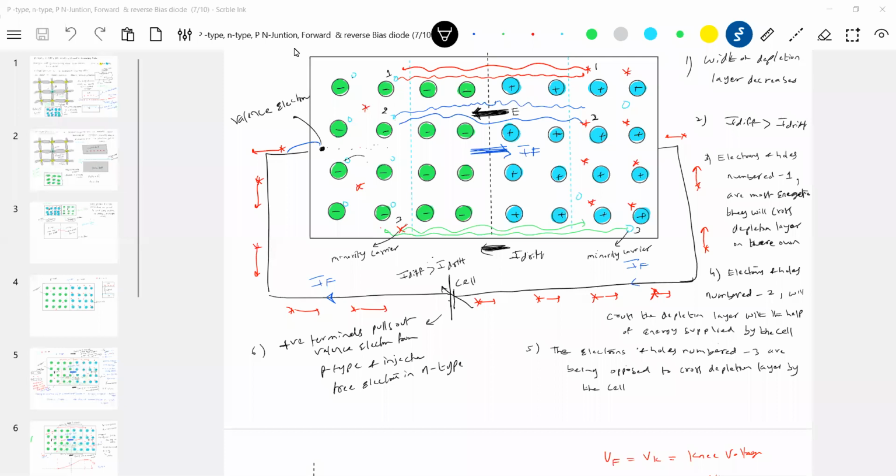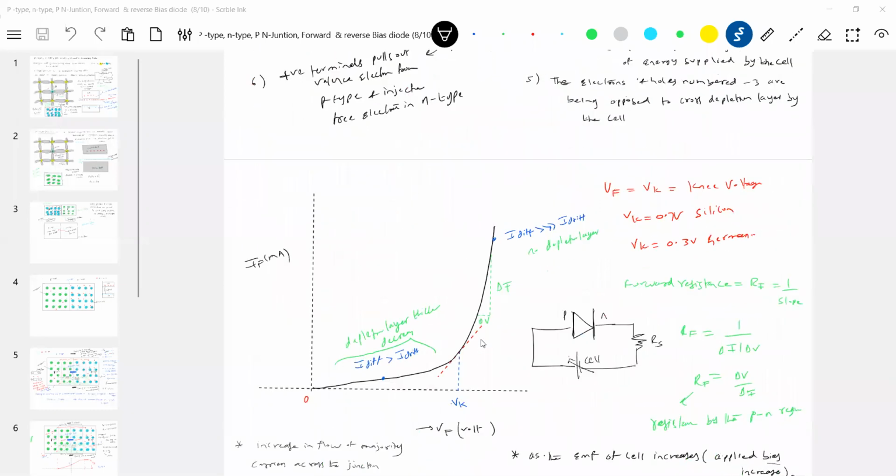So let me continue with the forward bias. Two, three more points are there, then I'll summarize. Now, what is the expression for this forward current? Why is the graph like this? In this region, what will happen? The depletion layer still exists here. What about where the depletion layer will vanish or be very small? You can put it here.